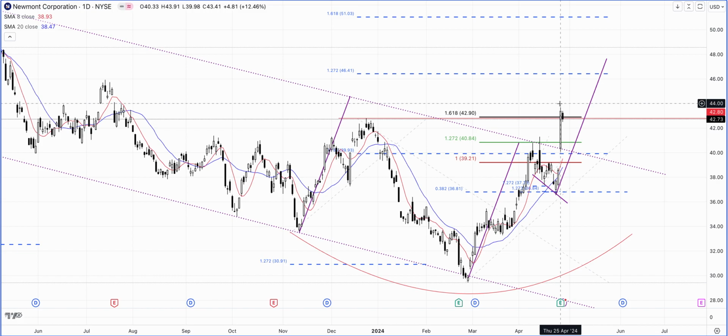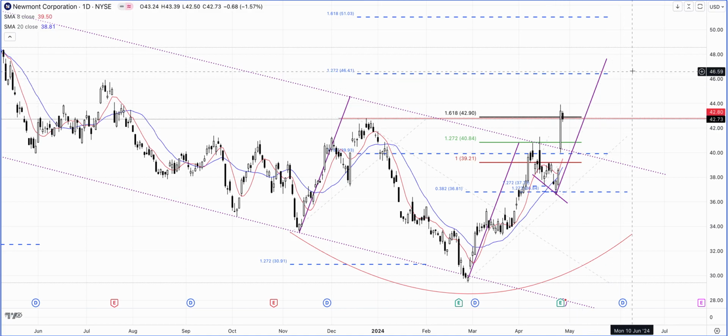So their earnings came out, and look at this fabulous candle formation. It has broken above this 22nd of December highs. So in my opinion, now it's in a confirmed ABCD higher.